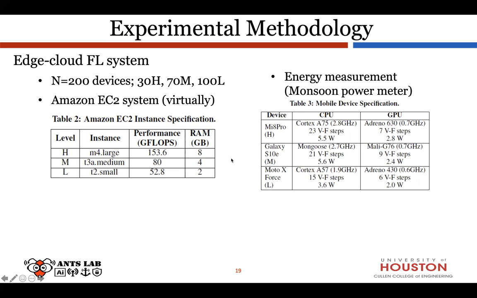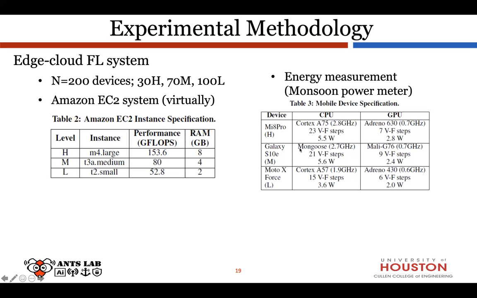Although they don't state the relationship between this EC2 system and these 3 devices, I think they execute the federated learning training on the EC2 instances and measure the energy consumption based on these 3 devices. The computing capacity of the two should be matched. For example, the computing capacity of the high-end device M4 large should be similar to that of the Mi 8 Pro phone. So this is the system setting of their measurement.